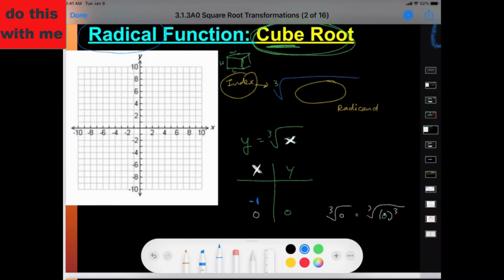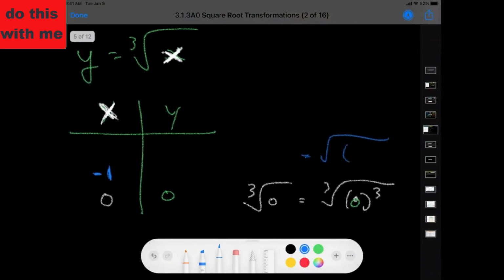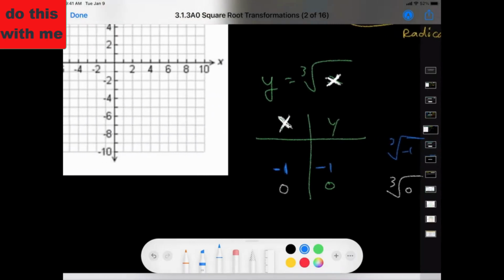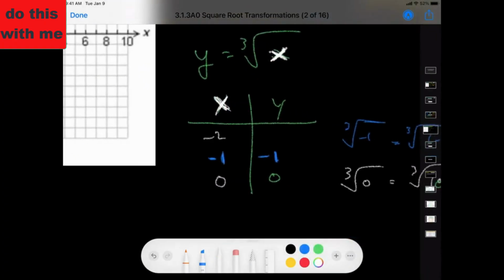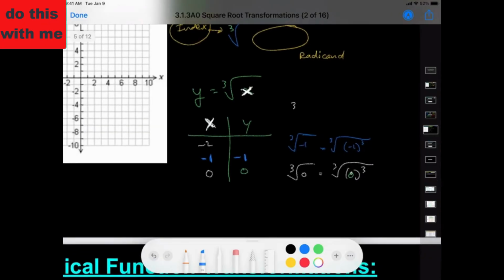Now, if I put in -1 there, I'm trying to think of 3 identical numbers that multiply to be -1, and that would actually be -1. So the cube root of -1 is going to be -1. Okay, let's try -2. The cube root of -2, the answer is